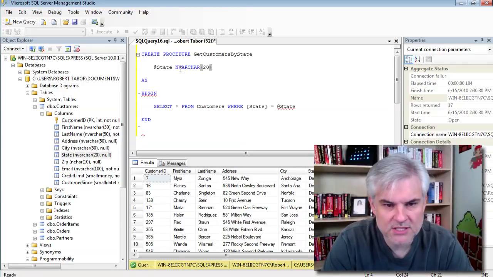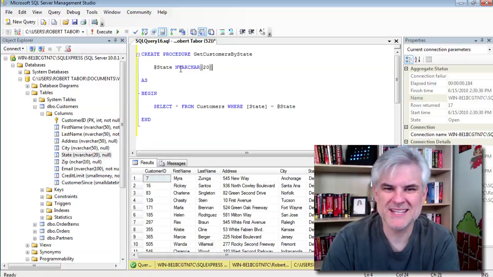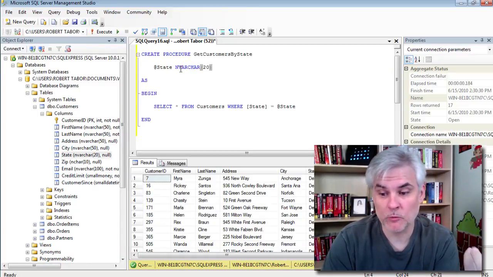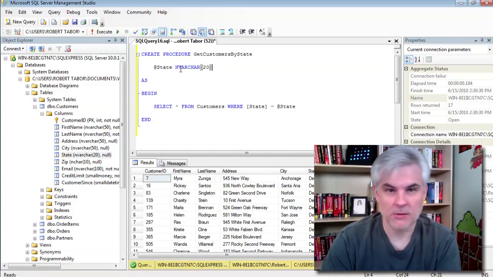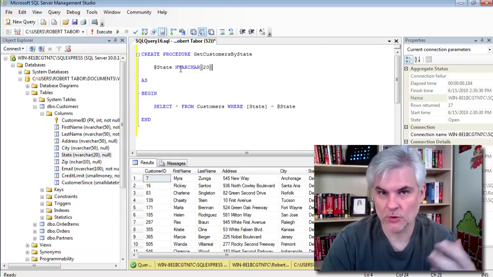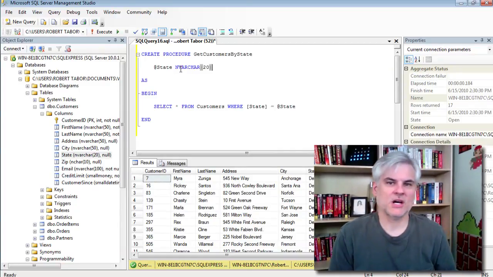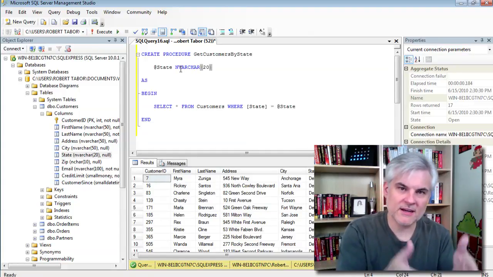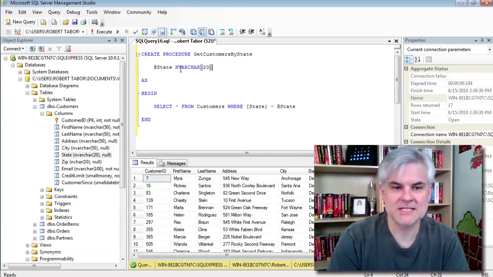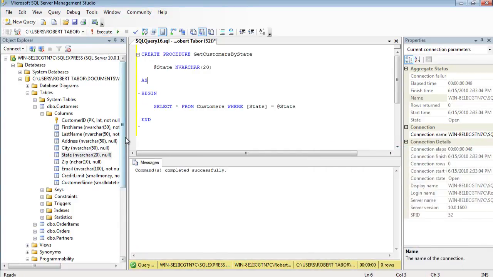It makes sense to use the same data type that we've used in our table. If we didn't, there might be some sort of mismatch. We might receive information that we can't really compare against. Certainly numbers versus textual information would be a problem. But even if we had an nvarchar(40) and we accepted a large string of values, we would never get the results we'd expect because it's longer than the values that are stored in the table. Hopefully that makes sense. All right, so let's execute this and create that object in our